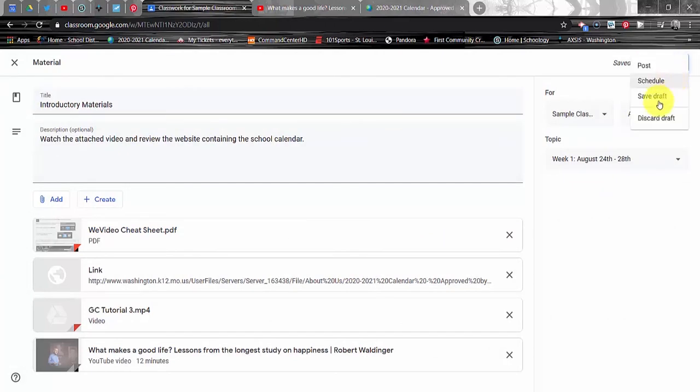Or I would choose Save Draft, and it would basically save this in limbo until I was ready to add more materials or edit it or then finally publish it. And then finally a discard draft option exists if we just want to start from scratch or get rid of this. For the scheduling, this is most advisable when you wish to keep items from being shared ahead of time,